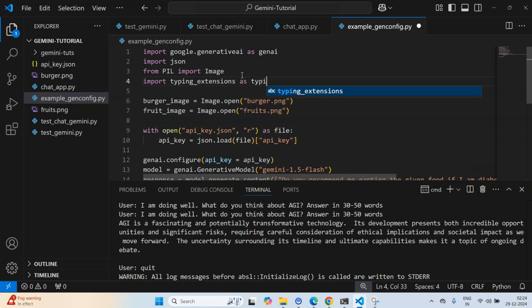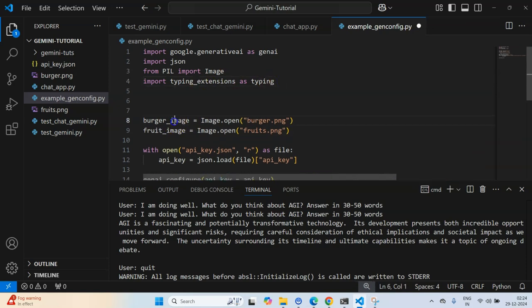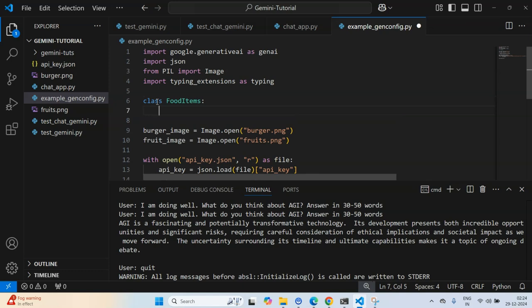I want to take the image and extract all the food items within the image, and I want the model to respond in a consistent way. So I'll create a food item class, and here I need to extend the existing class TypedDict.